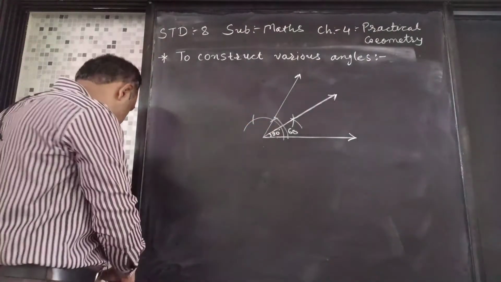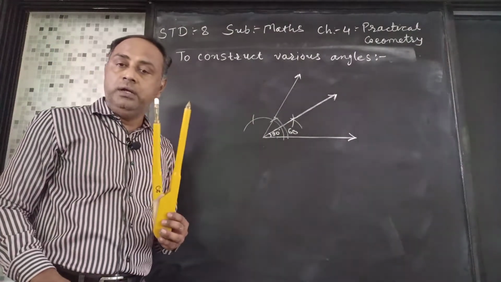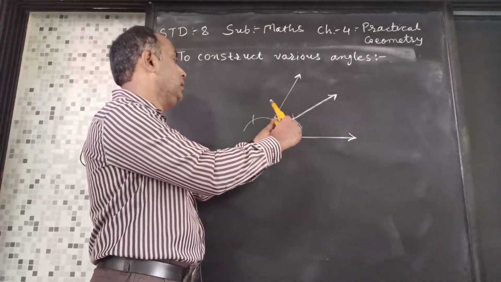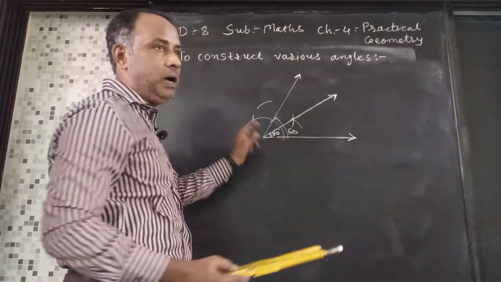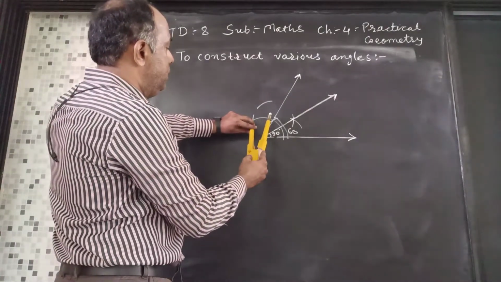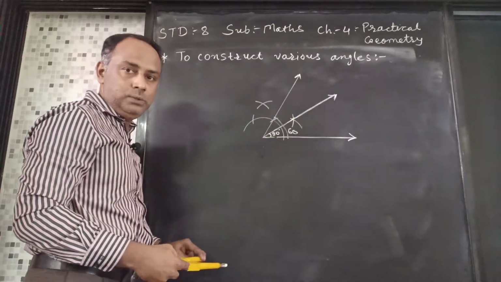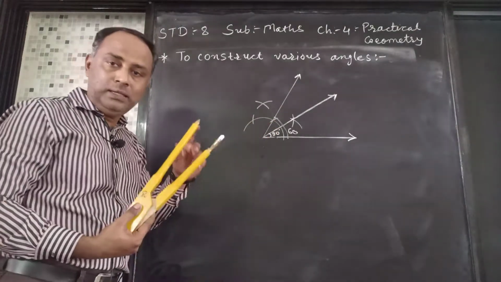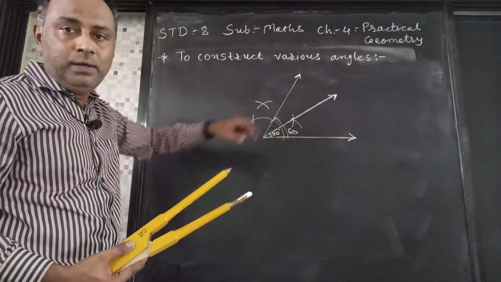Okay, so just see it properly what I'm going to do. There you see, again compass with the same radius I'm using, and then there you see at 60 I'm keeping the pointer part of compass, and I just mark an arc. Okay, and now I'll keep it at 120 degree and cut an arc like this. There you see, so both are intersecting from 60 and from 120 degree. I set the pointer part and mark two arcs which can be seen they are intersecting.